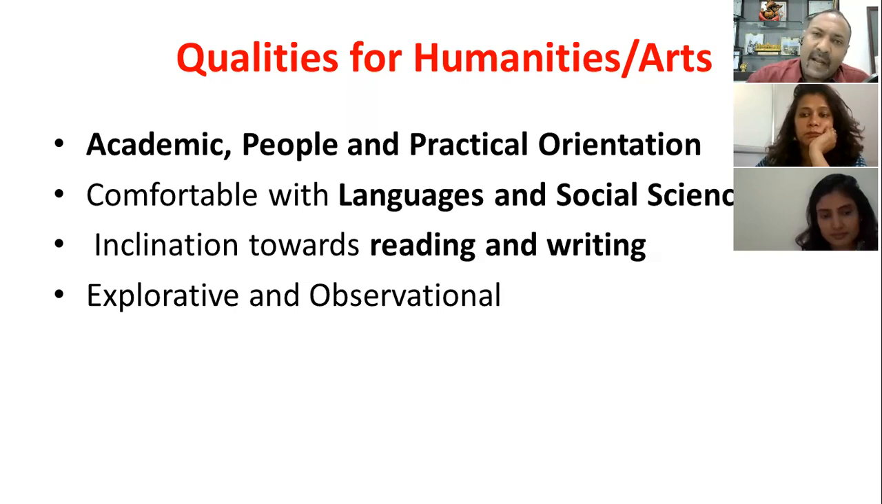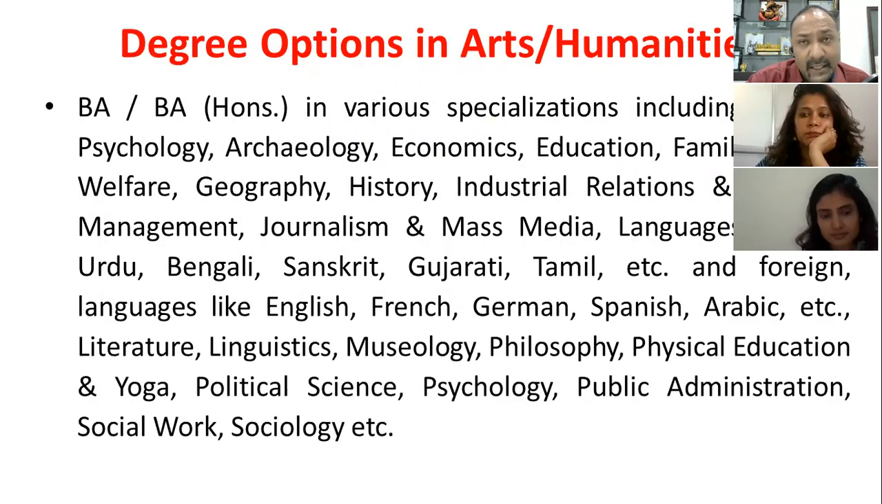A lot of children, when I meet for counseling, I do a brain mapping for them, and then I ask them, why did you not take humanities or why did you not take arts as a subject in 11, 12? One common answer which I get is that people told us there are no options available after arts or humanities. To break this myth, let me tell you, there are more than 40 different specializations available in pure arts or humanities,